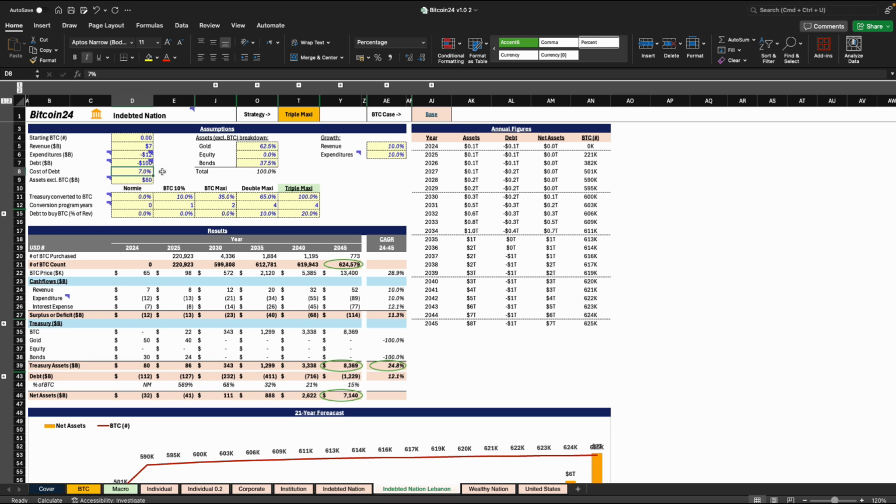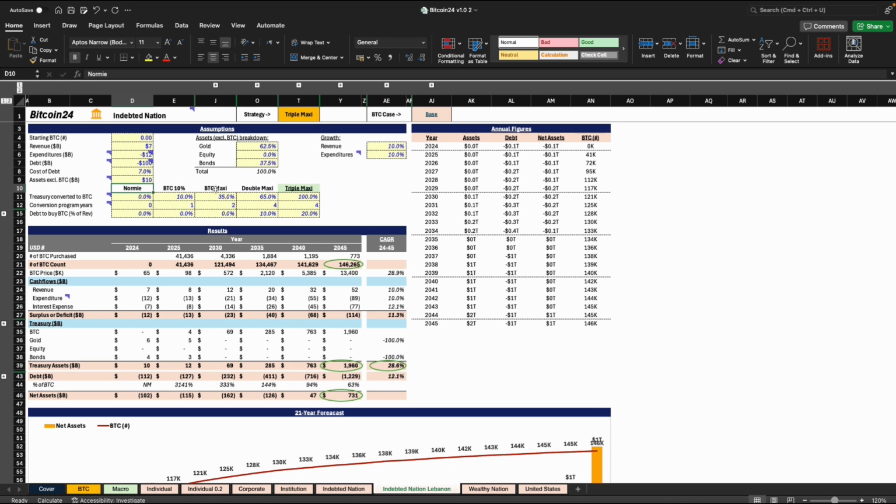Cost of debt, let's say, it's 7%. And they have assets at $80 billion. I would just reduce that to $10 billion. I don't know exactly how much, but let's just say $10 billion. What do they own as assets? I know that Lebanon has quite a lot of gold, so I'm just going to go with